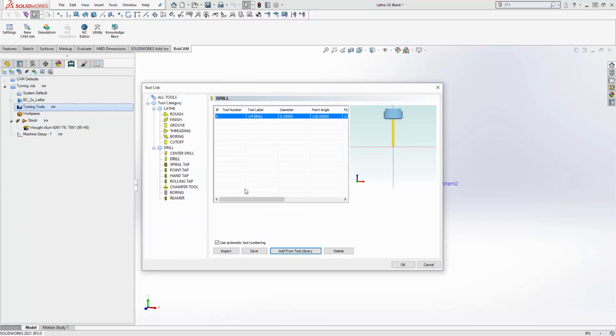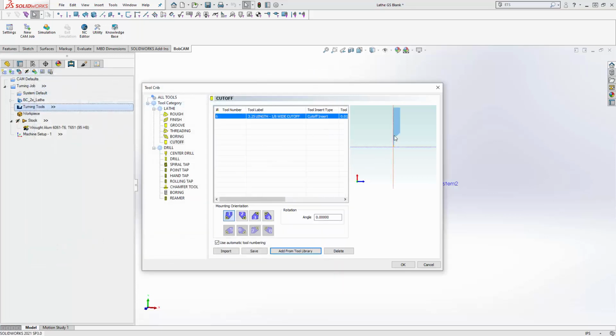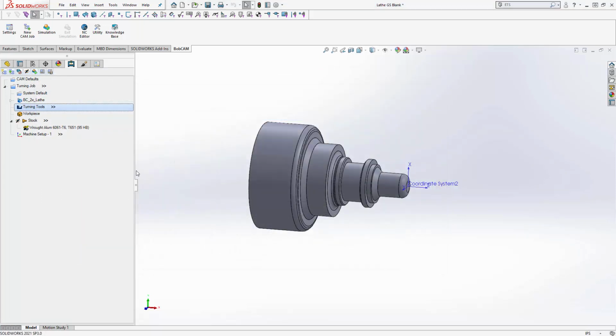And then the last tool we need to add in is a cutoff. So I'm just going to go to cutoff, add from the tool library, and all I have is this 3.25 length 1/8 inch wide cutoff. So I'm going to pick that one, and there is the tool right there. Now when I'm all done setting up the tool crib, I'm just going to hit OK, and then I could